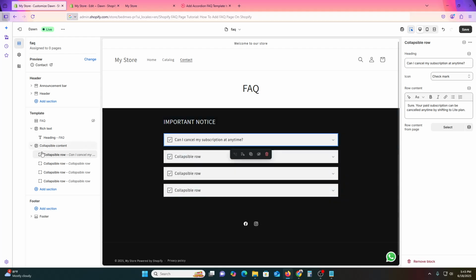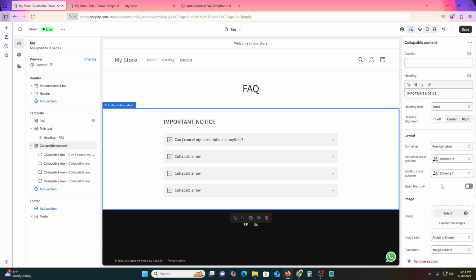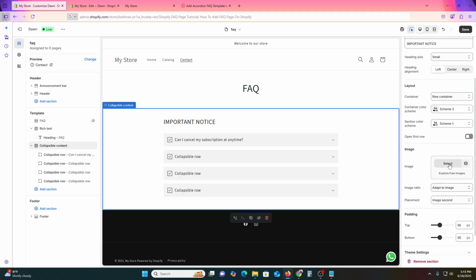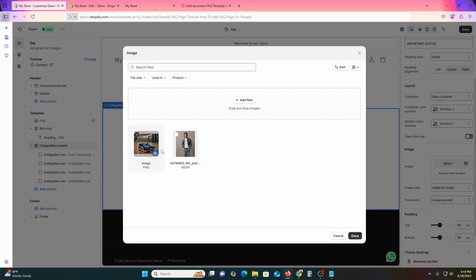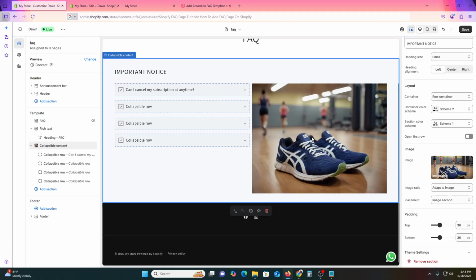As you can see, you can change the section color. So here we have a couple of options, so you just need to explore it and find it out. So you can add an image also. Let's add this one. Just click on done, and now you can see our image has been perfectly